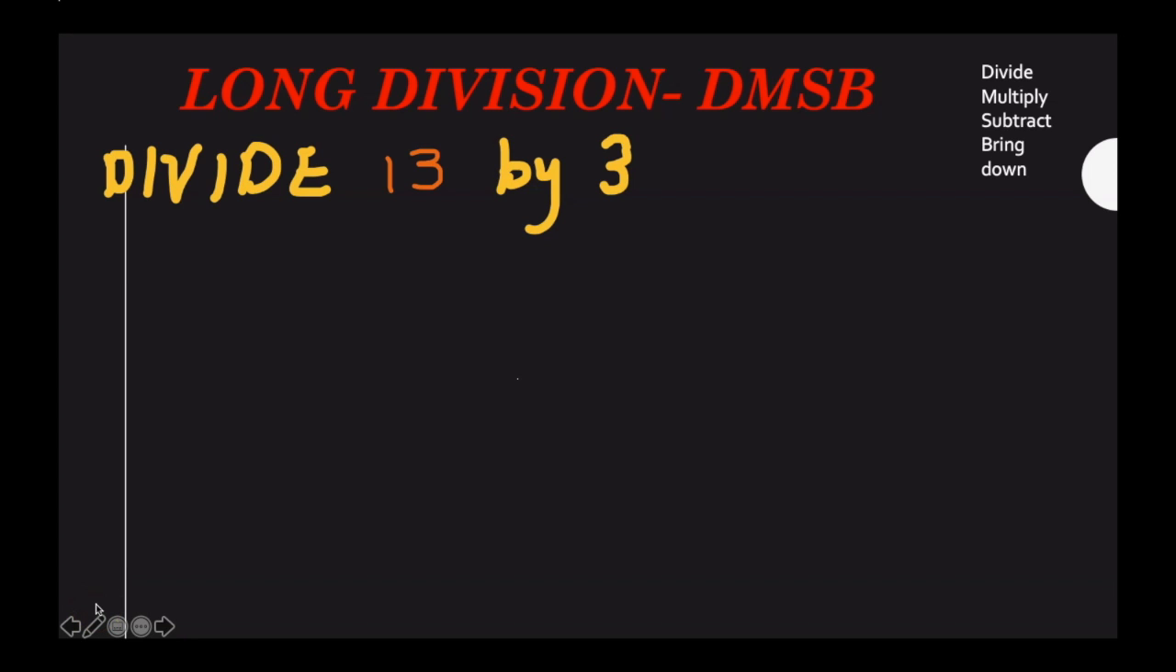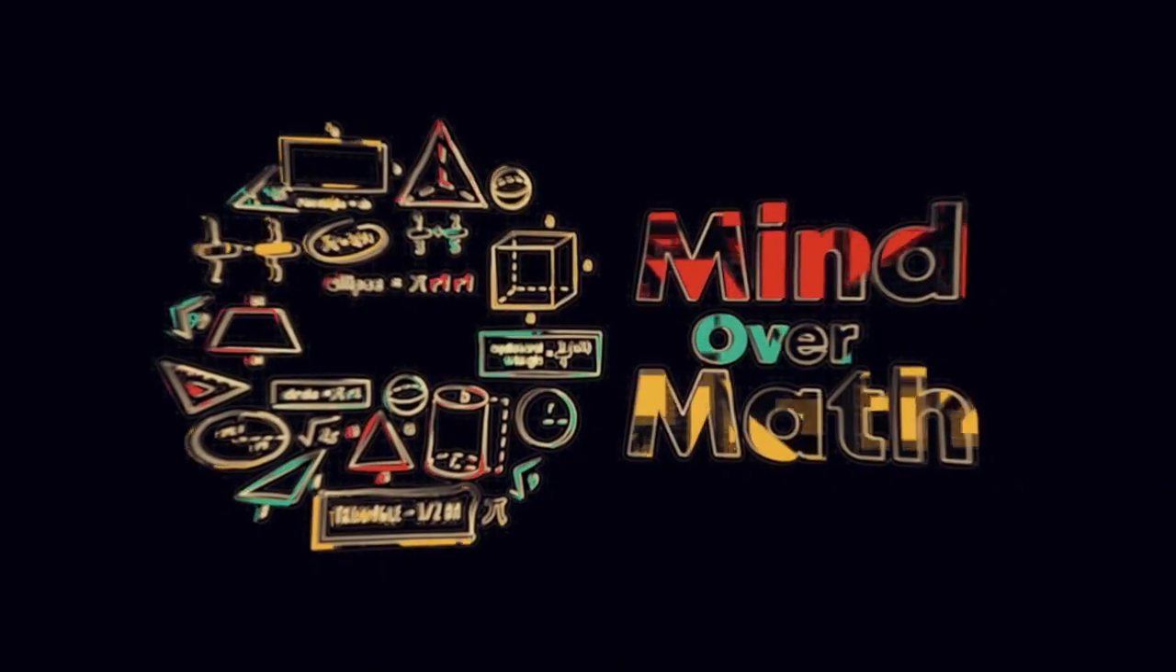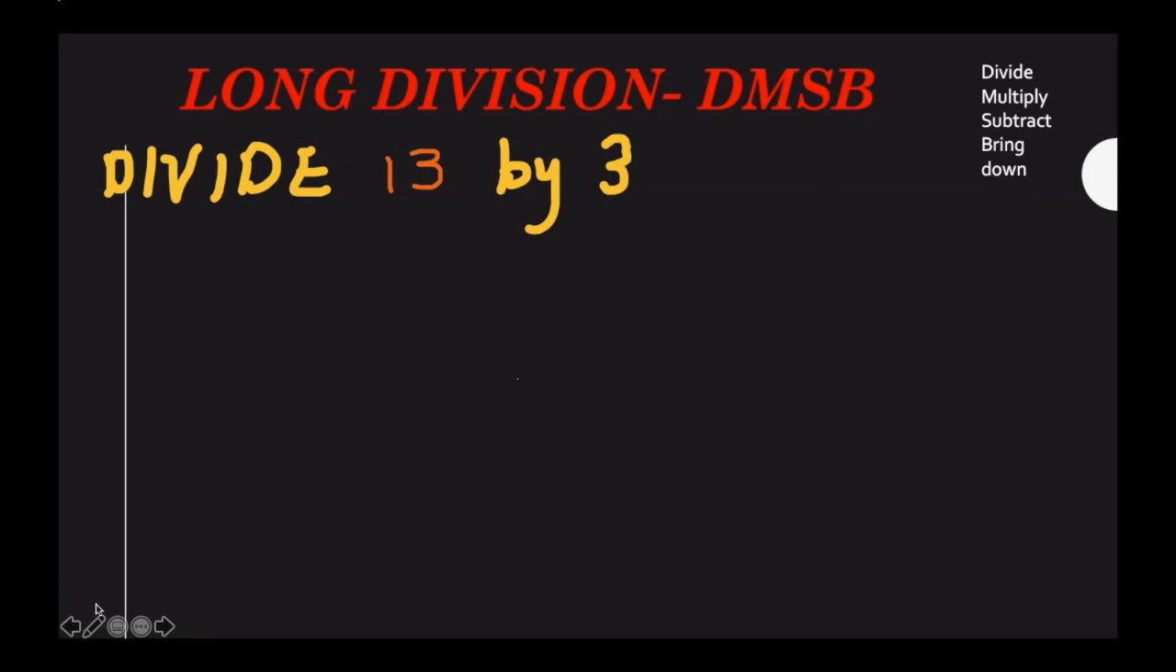This is part 2 on long division in Mind over Math. Again, we use the concept of DMSB: divide, multiply, subtract, bring down. And the purpose of that is to just help you remember what step comes next. So now we're going to continue this with part 2, and I want to remind you of the different ways